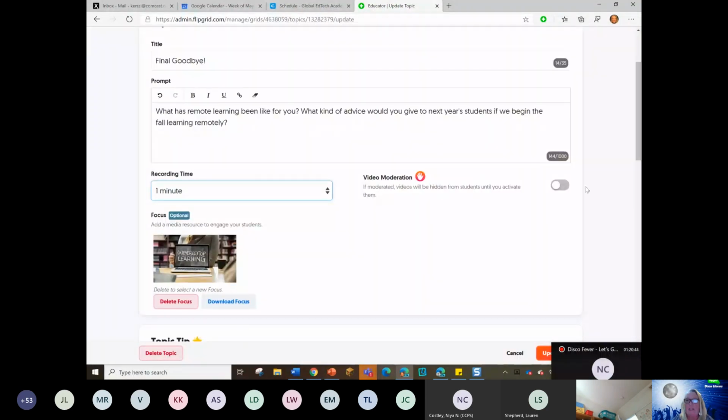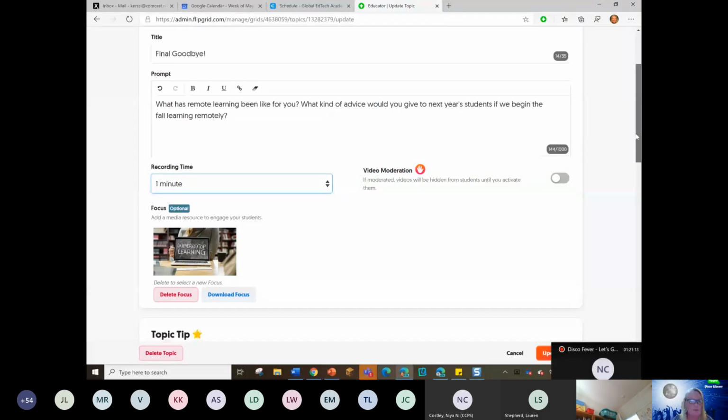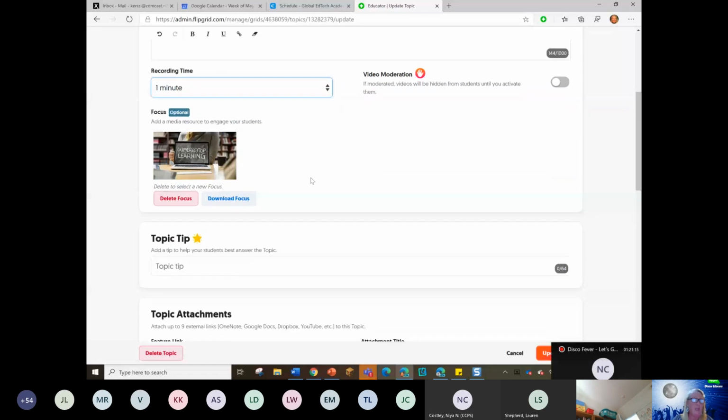I can turn on video moderation at this point, and those of you who are Flipgrid users, you know that means when they post their video, it won't show up on that grid for everybody to see right away. It stays hidden in the teacher's dashboard so that you can moderate it, and we use that in different levels for different things. Sometimes it's to just sort of let students know that what they share is private. Sometimes it's for concerns over what students might say or use. So video moderation, always an option. I'm not going to turn that on for my learners because I know that they're all respectful and we've done a lot of digital citizenship. I could change the picture at the top, but I kind of like what Mrs. Weddle had there.